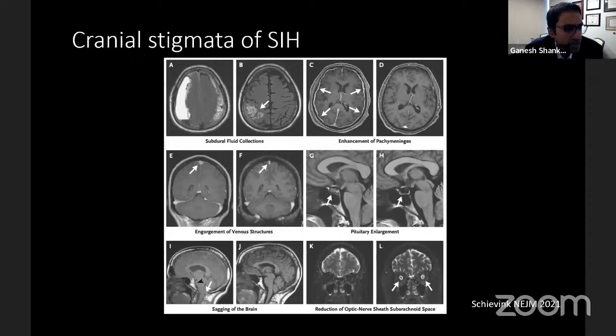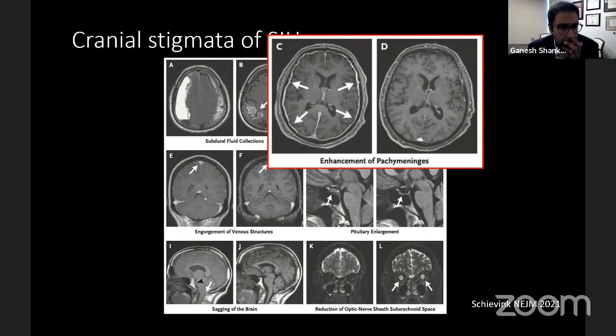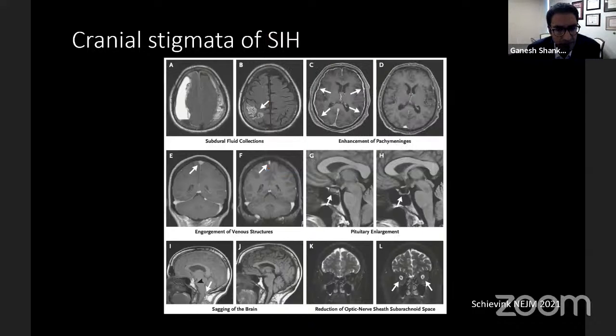And we saw some of the key radiographic findings when patients have intracranial hypotension. Patients can manifest with either subdural collections, engorgement of the venous structures. There can be sagging of the brain, presenting almost like a Chiari malformation. The one that I really tend to follow as almost like a radiographic biomarker for whether a patient has intracranial hypotension and whether they have a response to the surgery that we performed is this right here, which we already heard about earlier today, which is enhancement of the pachymeninges. And that I find is a pretty robust indicator of response to surgical intervention.